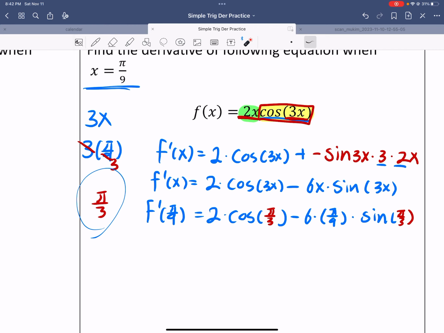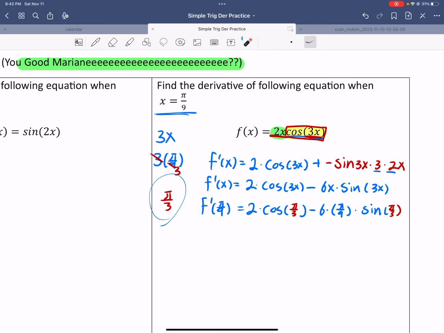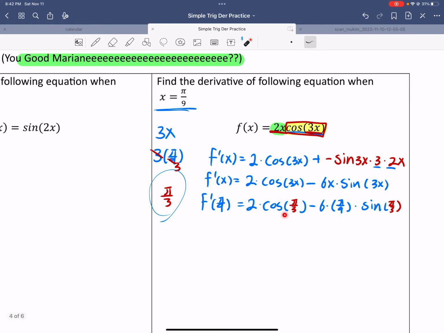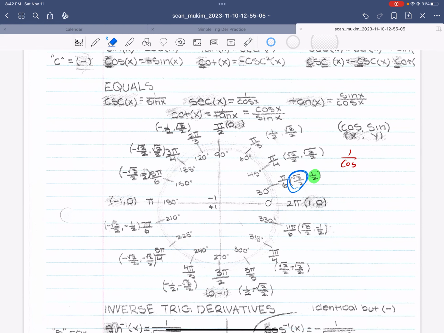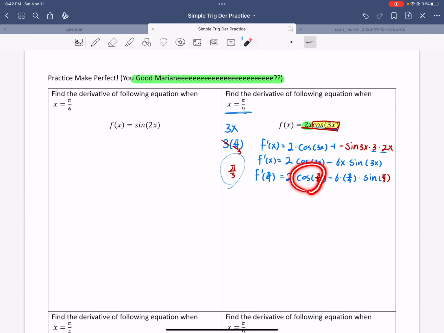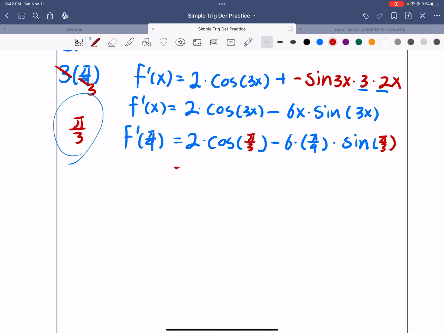So I hope this explanation is easier than the previous video. So let's look at it. When I simplify this one, what's pi over 3 going to be? Let's look at Emily's cheating paper here. I love this one. So pi over 3 is this one here, and cosine is going to be 1/2, so that's going to be 1/2. This one is going to be square root of 3 over 2 if I'm right. So let's plug it in. It's going to be 2 times, this entire thing will become 1/2, minus,